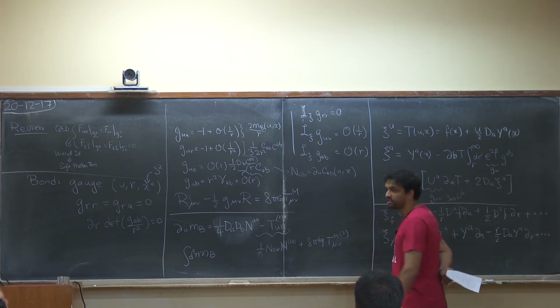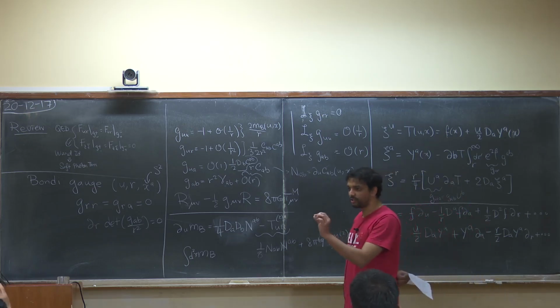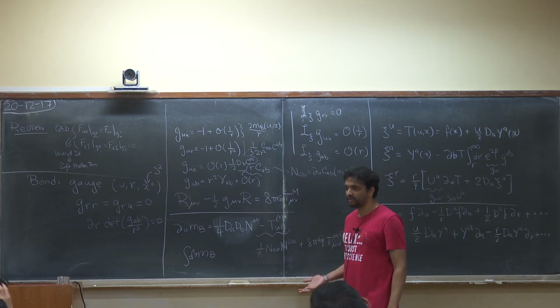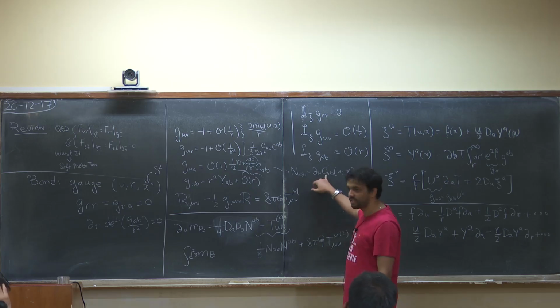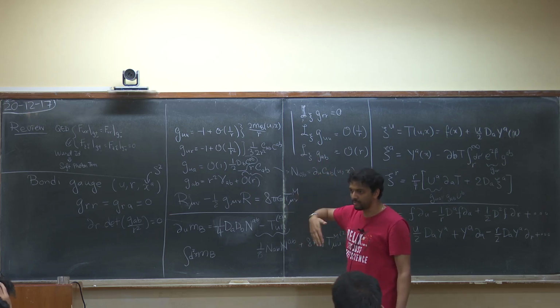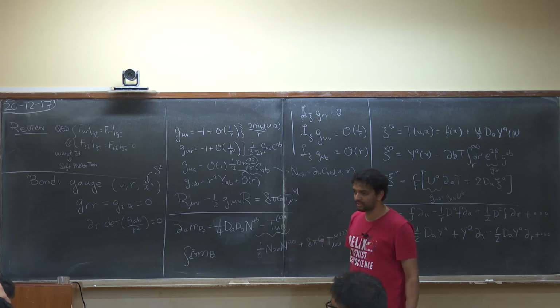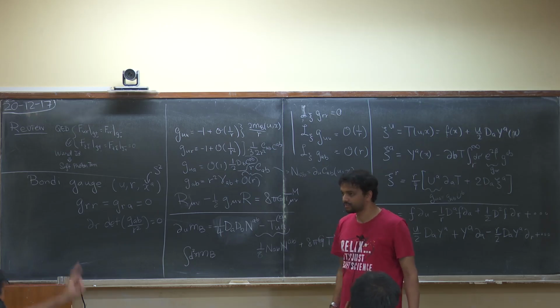Up to super translations, yes. You have to include this matching condition, because Einstein's equations are diffeomorphism invariant. So here's the point: I can fix this data for you and then push it into the bulk. But by the time you reach Scri plus, or Scri minus, the data that you get on Scri minus can only be determined up to some diffeomorphisms. To fix that, you need the matching conditions, and then that will also fix the diffeomorphisms. Yes, this is the full data.